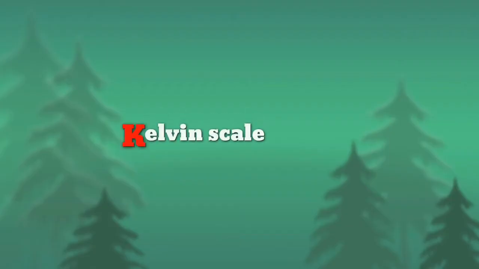If we talk about the Kelvin scale, its lower fixed point is 273.16 Kelvin and its upper fixed point is 373.16 Kelvin. The whole scale is divided into 100 equal parts here also. The Kelvin scale is an absolute temperature scale, having an absolute zero below which temperature does not exist.